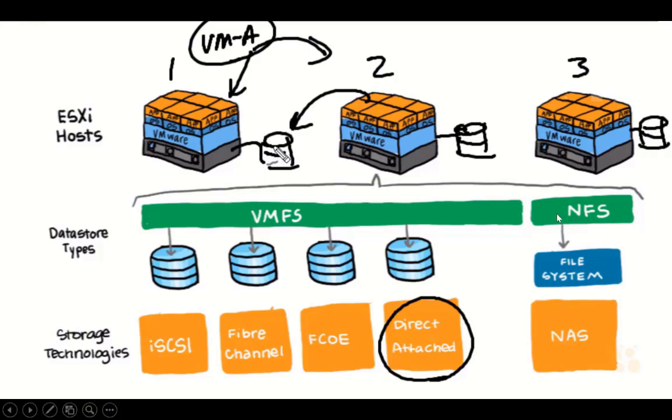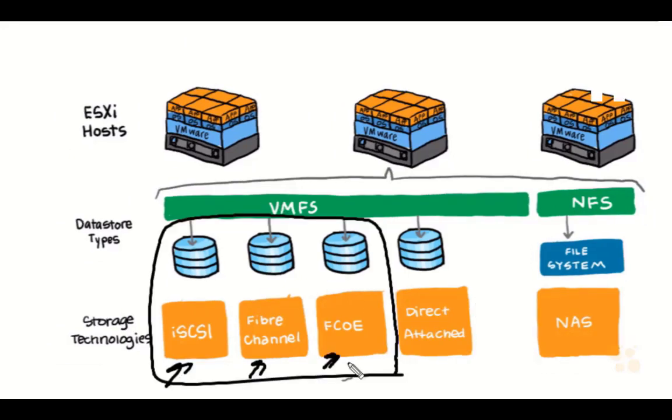So that's why I will cover the total steps of iSCSI, how to create an iSCSI data store or iSCSI SAN data store, in detail in this video. As you can see, we have a few options for shared data stores: iSCSI, Fibre Channel over Ethernet. These are the options available for creating shared data stores, because a shared data store gives us the ability to move the VM in case of disaster. In this video I will discuss in detail what iSCSI is and how we create an iSCSI data store.